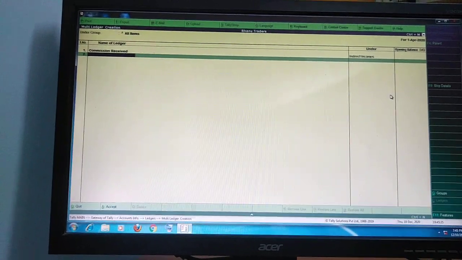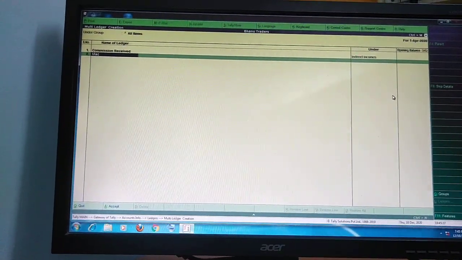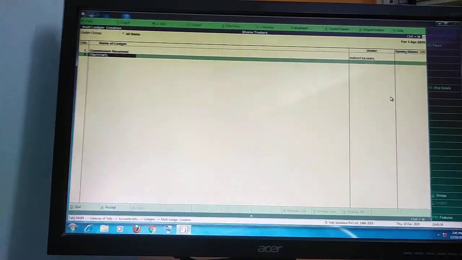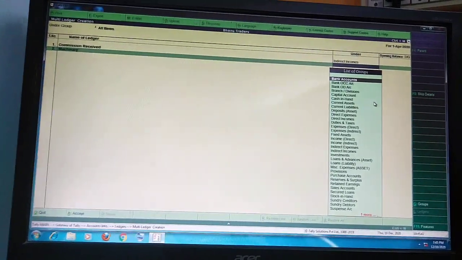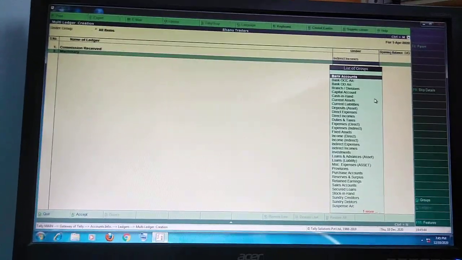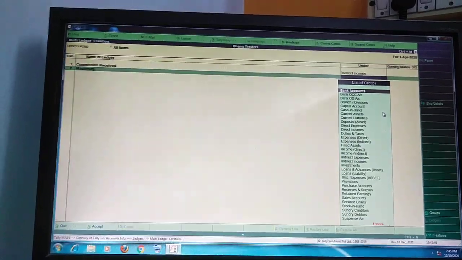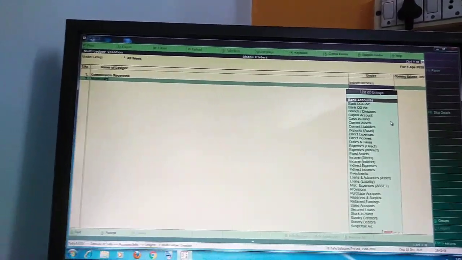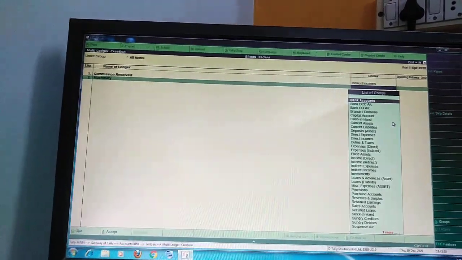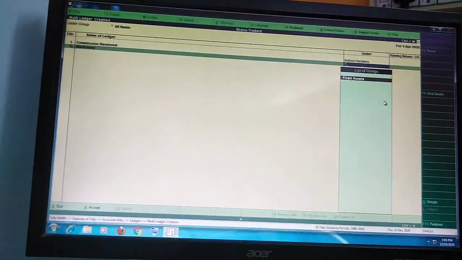And you go for machinery, enter. Automatically the list of groups is also displayed on your computer. Select the suitable group for machinery. Machinery is a fixed assets group, so select the fixed assets group and press enter.